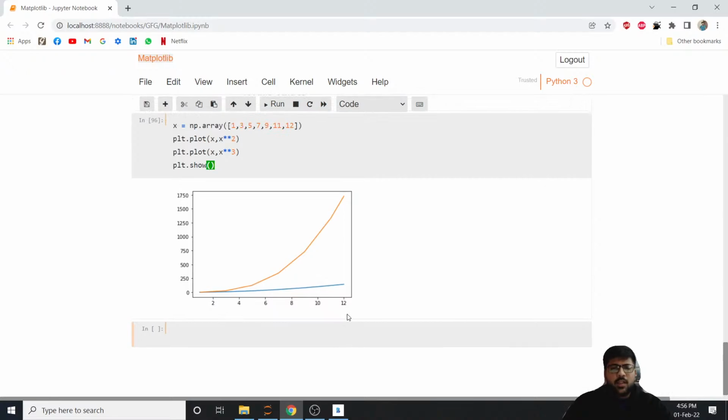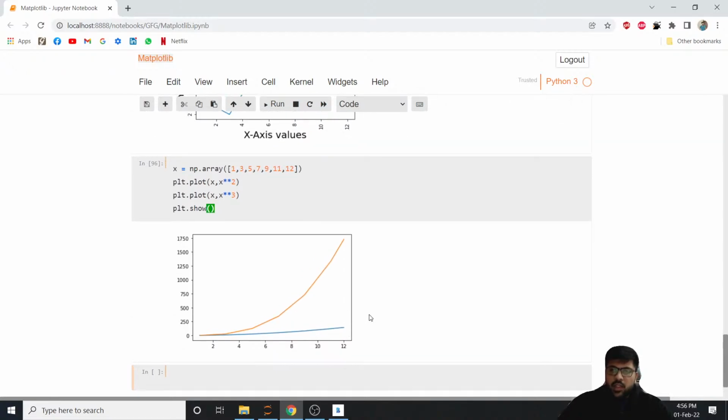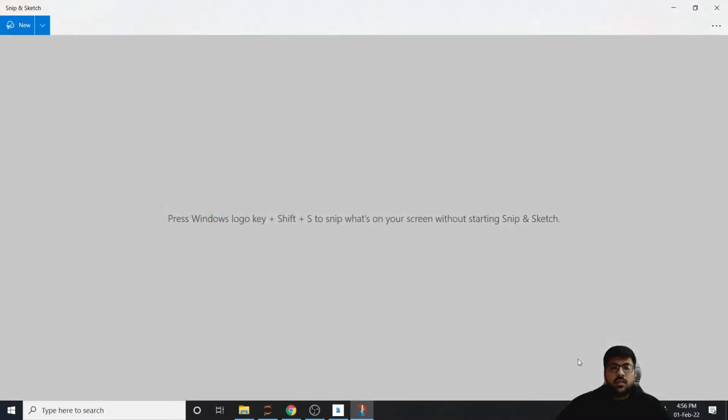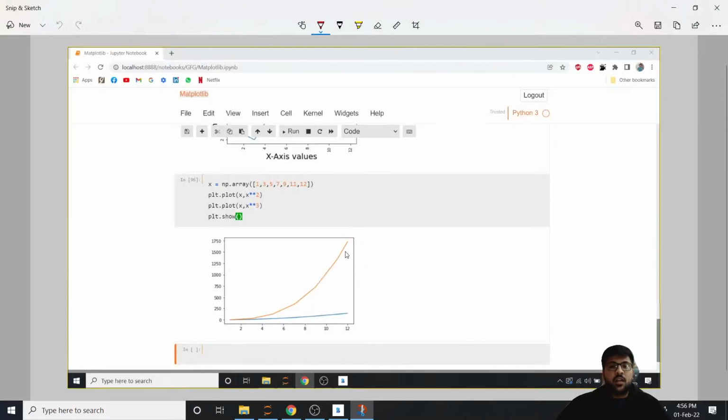We've done this, nothing new, but one important thing to note here is that let's say you want to create this graph for a meeting, right? So you want to depict that this particular line, that is let's say the golden color line, represents something, and then this blue line represents something else, right? So the blue line can probably depict